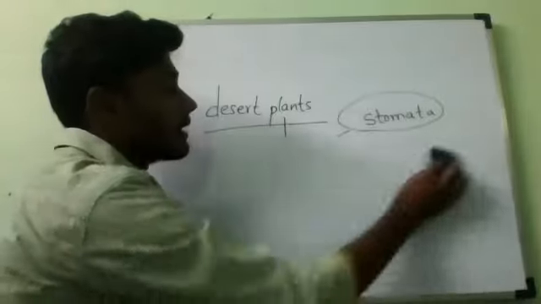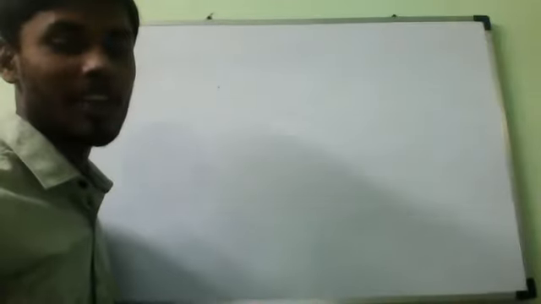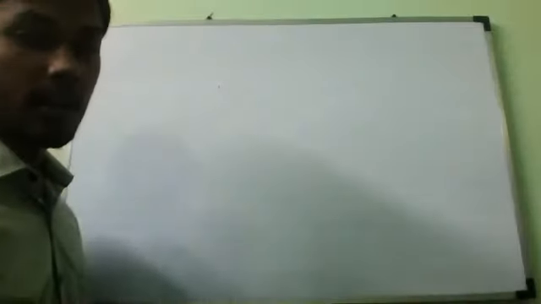Sir, but cactus doesn't have leaves, sir. Cactus only has thorns, no leaves. That is for protection, and actually the thorns themselves act as leaves. Because they don't have a sufficient amount of water, they cannot keep many leaves. Why? Because more leaves mean more evaporation. To reduce that loss of water only, desert plants have turned like that. Leaves are also converting into stems.